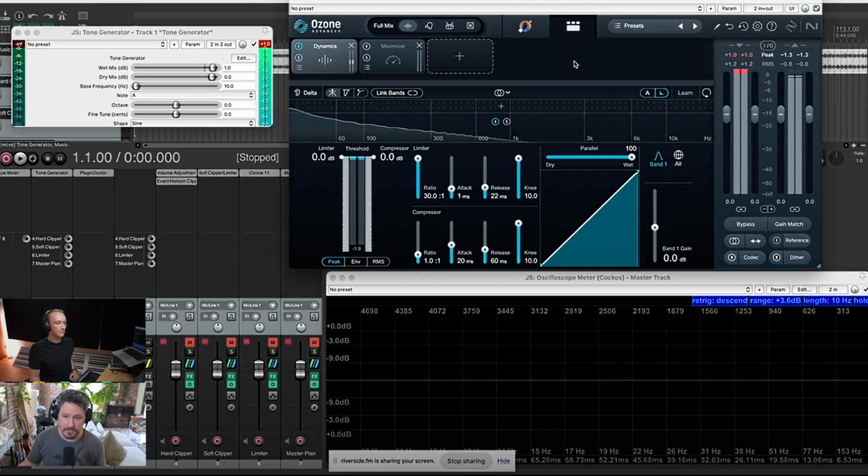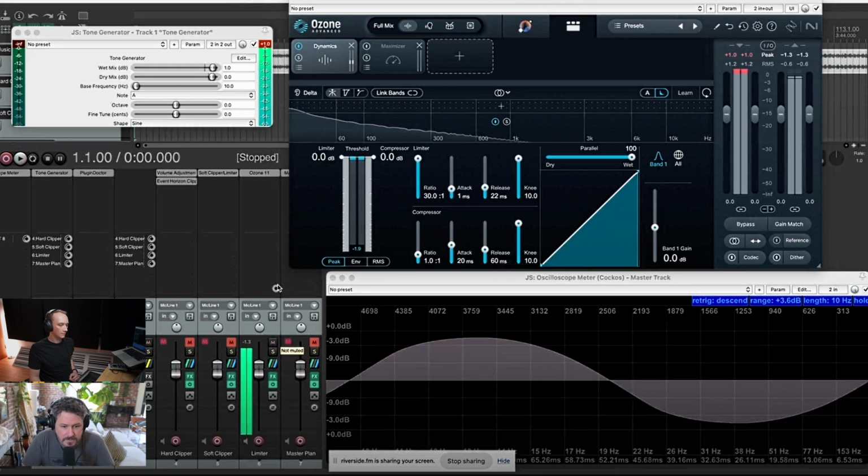So let's take a look if we put a test signal through a limiter. Okay, cool. And if we look at the bottom, we can see there's both a limiter and a compressor here. We've turned the compressor off by making its ratio 1:1, meaning don't ever change the sound. I don't know what their internal stuff is, but supposedly that's how it should work. But our limiter is on, and it's got a very fast attack, and it's got a pretty fast release. And if we push more volume into the limiter, which I guess we can do in this case just by pushing the threshold down,